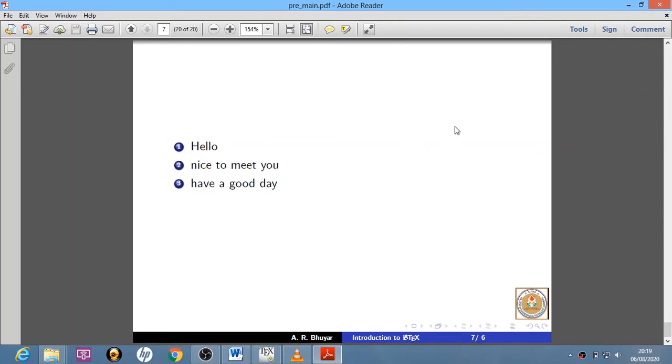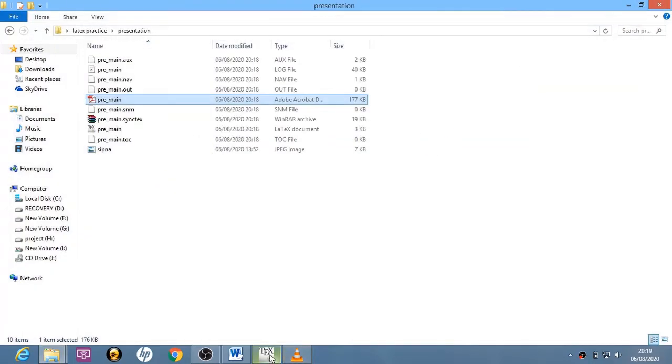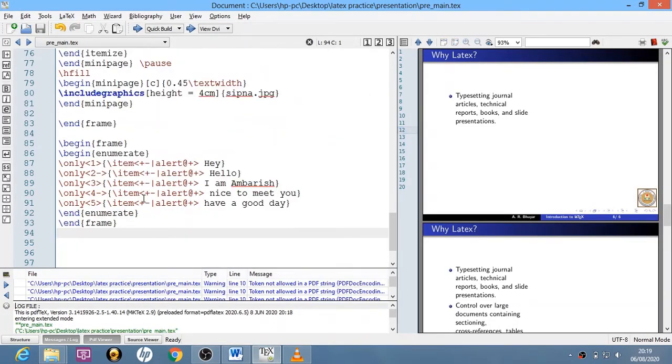So how does this effect take place? Let us go to the code and see over here. Now I have used this tag \only, and within the brackets I have written 1. Now if you see, where I have not written minus, at this location when I scroll down, the list will not move to the next line.